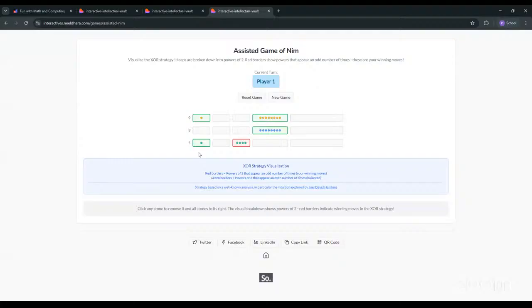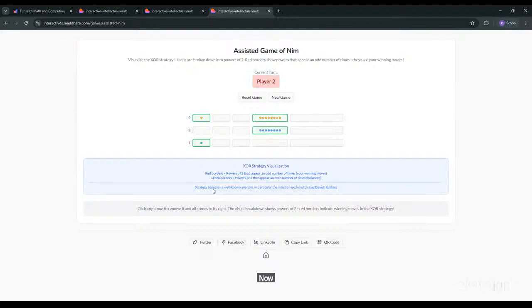So the XOR sum of these is not 0. To make it 0, we have to balance this one as well. To balance it, we have to make all these into green blocks. By green blocks, I mean an even number of pairs. So these are just 4. If player 1 comes and removes these 4,